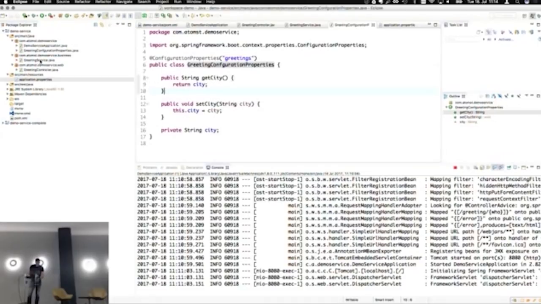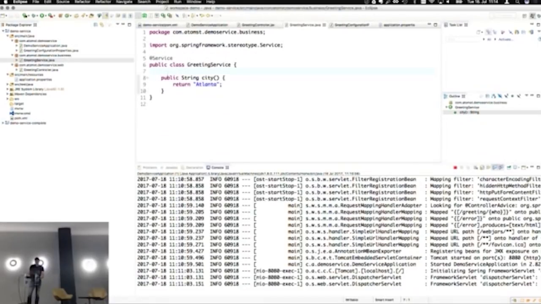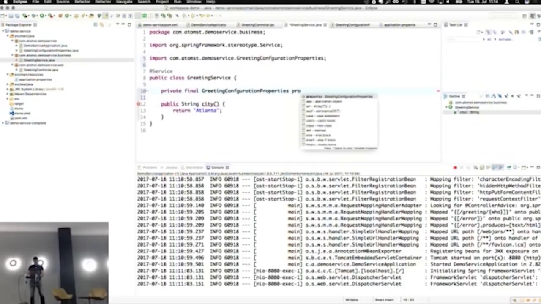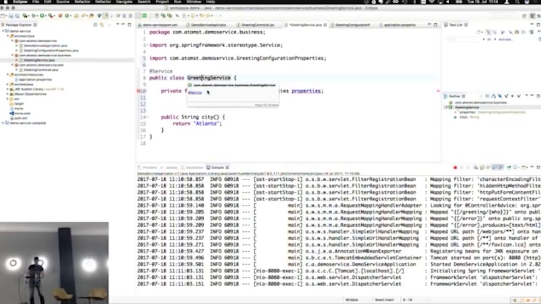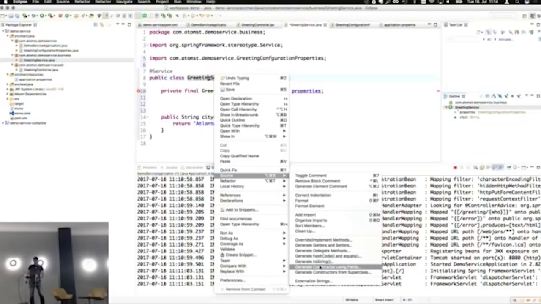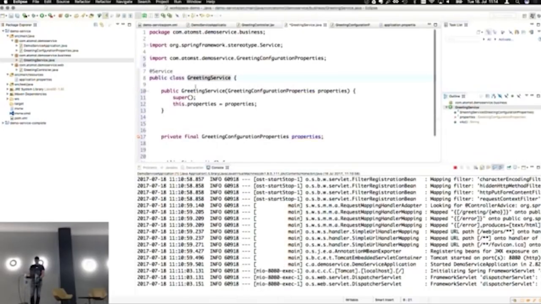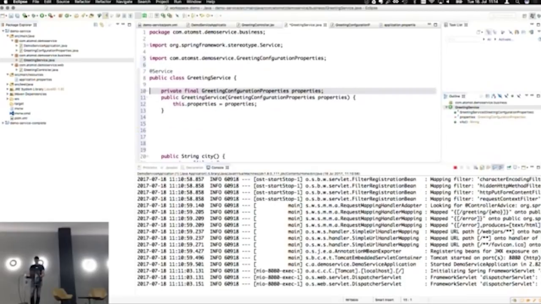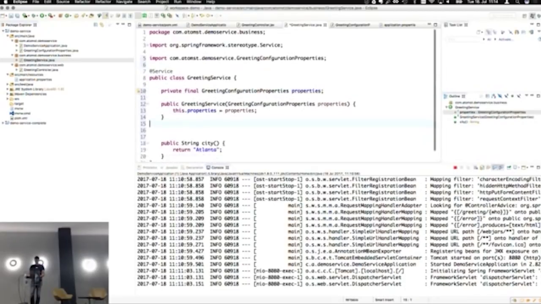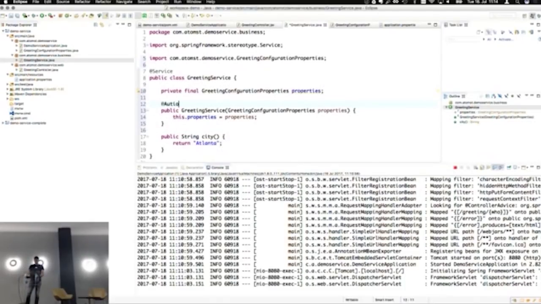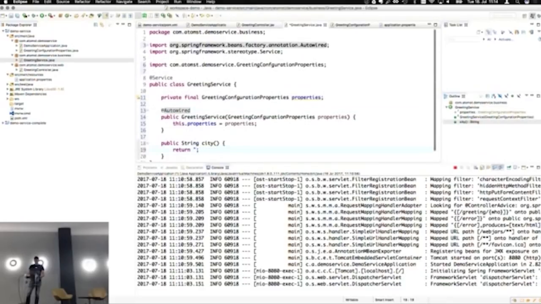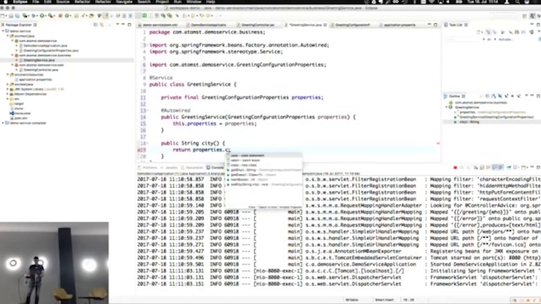So I'm going into my greeting service, and again following the same pattern of private final. Okay, so now I have an instance of this again injected, and I can use it here, properties.city.